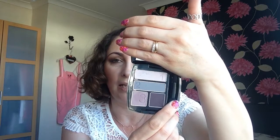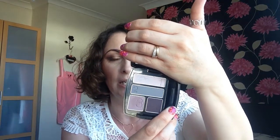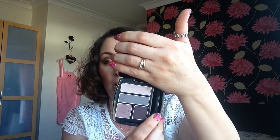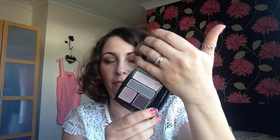I really loved the colours. They really went on really smoothly. There was hardly any fallout, which was really good. I do find that especially with the deeper colours you do get a lot of fallout from a lot of palettes, but not this one. It wasn't too bad, but I found that